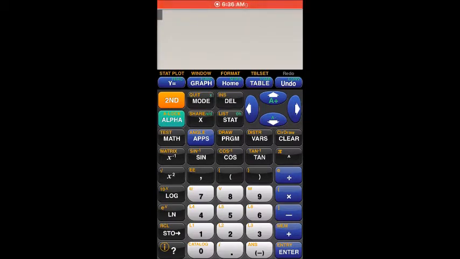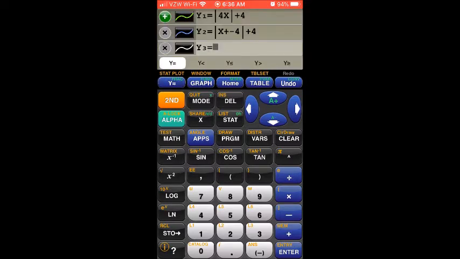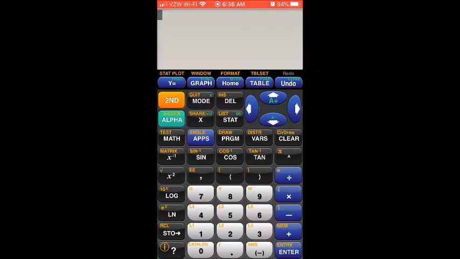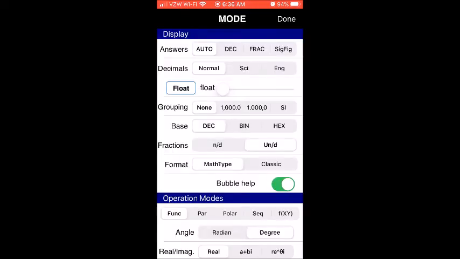Okay, we are going to look at the GraphCalc app, which is like the TI-84. A lot of keys that are similar, but for those of you that don't have the calculator, this will be really helpful. Okay, you see you have the home screen, you have your y equals, and you have the second